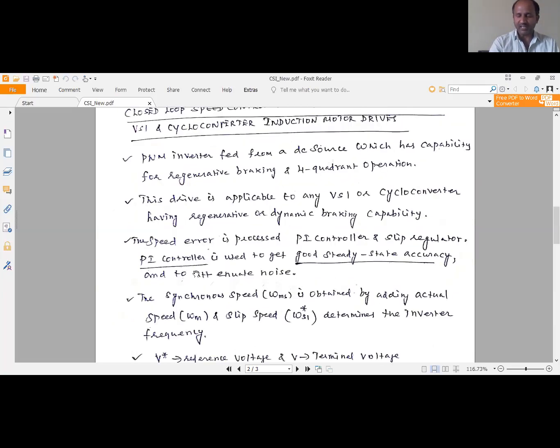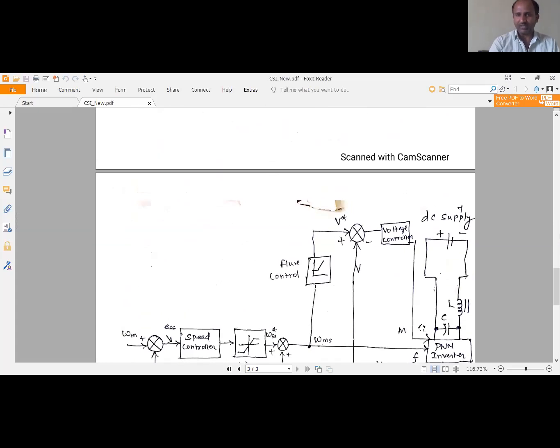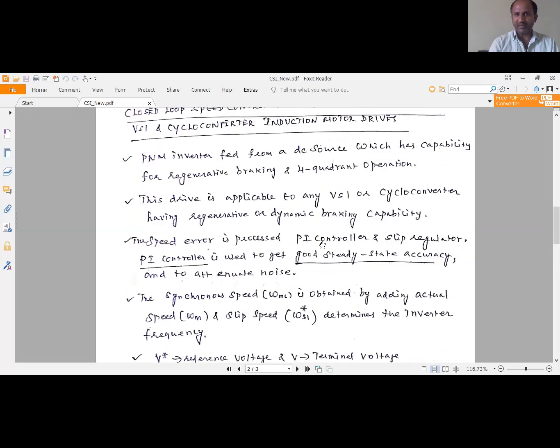As I already told, this DC supply is directly connected to the pulse width modulated PWM inverter. That is the first point: the PWM inverter is fed from a DC source which has the capability for regenerative braking and 4-quadrant operation.